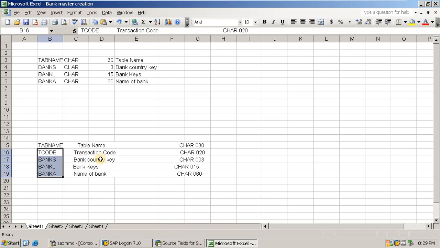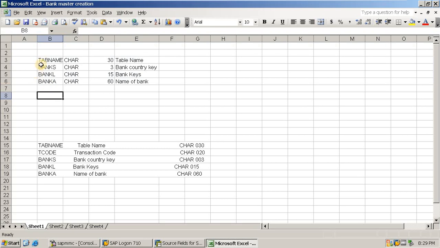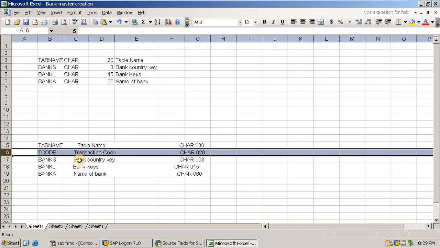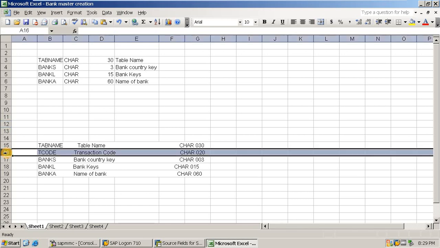Okay. Now the type is char. Char means character, and the length is this, that is provided by SAP. Now I have furnished them in an appropriate manner, that is being entered here, and I have skipped this point, that is T code, because we don't require it. We will not parameterize the T code section, as we have recorded it, and I don't want it to be parameterized. Only the hard code that has been run by the system itself will be taken.